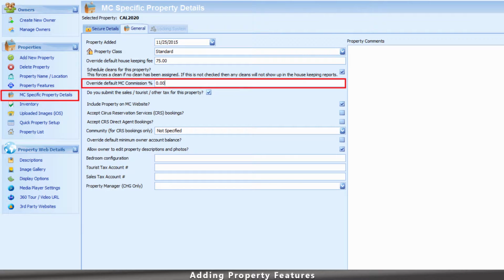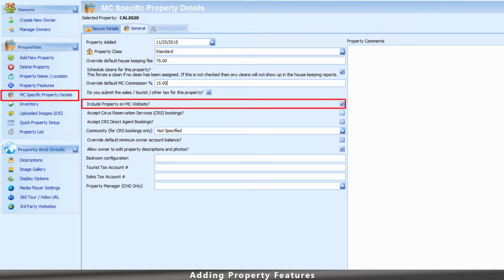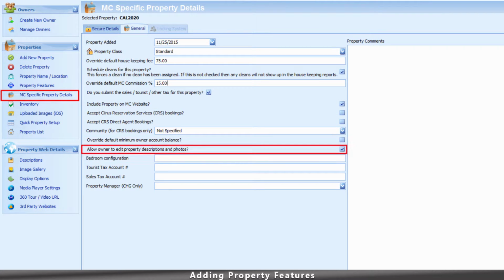If you would like to override the default MC commission for this selected property, do so here. Do you submit sales, tourist, or any other tax for this property? If not, make sure you untick this box so it does not appear on your tax reports. Is this property ready to go live on your management company website? Would you like the owner to edit the property descriptions and photos? If so, please know if the owner does make changes to the descriptions and photos, it will also alter your